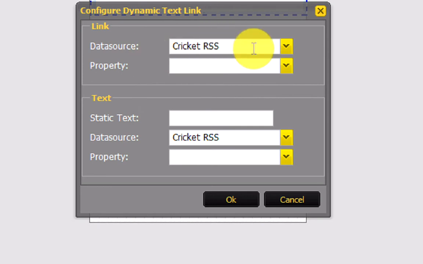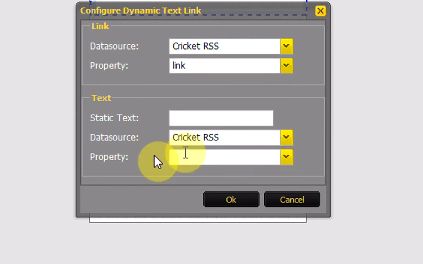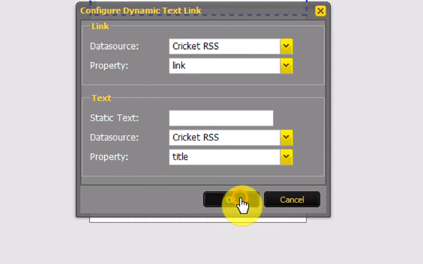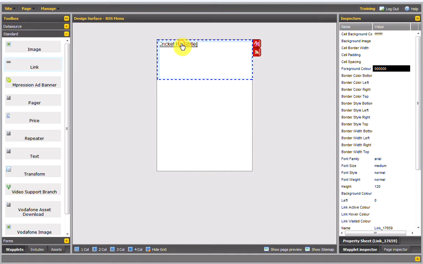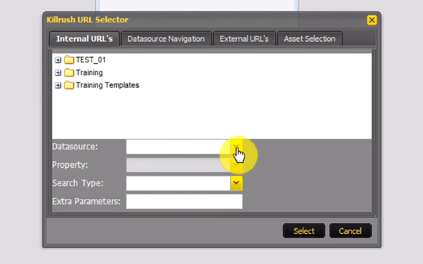Link item then asks us, right, so I'm going to bind myself to this data source, I assume. Yes, that's right. And the property would be, link would be good. That would be a good property for the link. And what text do you want to display? The title. If we look now at the link properties itself,